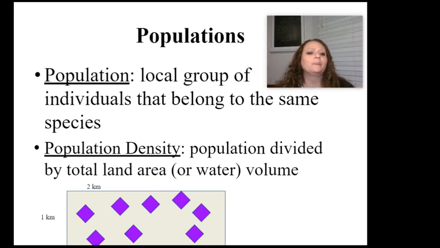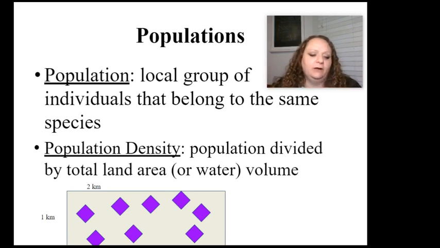So obviously, a population are organisms that all belong to the same species. These are a group of organisms that are very similar, that are able to reproduce and produce fertile offspring. That's just taking the definition of species and sort of applying it into the definition of populations. Part of what we look at with populations are population densities. This is how many organisms live per unit of area. That can be of land or of water.